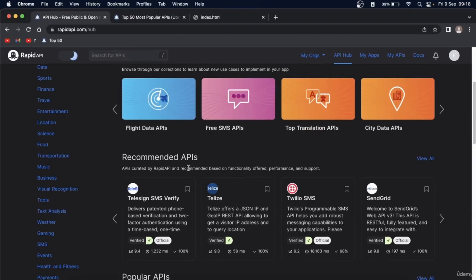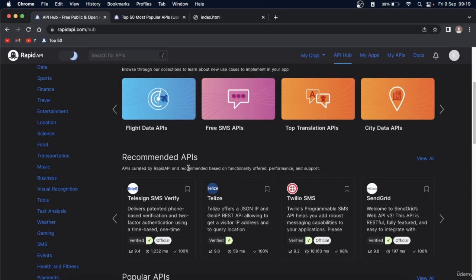Hello guys and welcome to this video where we are going to talk about how you can get access to some public APIs quite easily and call them with not much of a headache as they have their documentation made available. And for that we are going to head to Rapid API, which is an online tool that I find